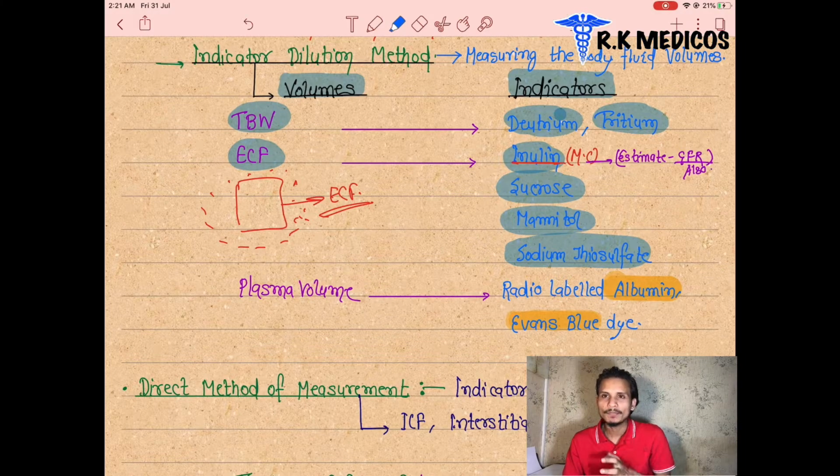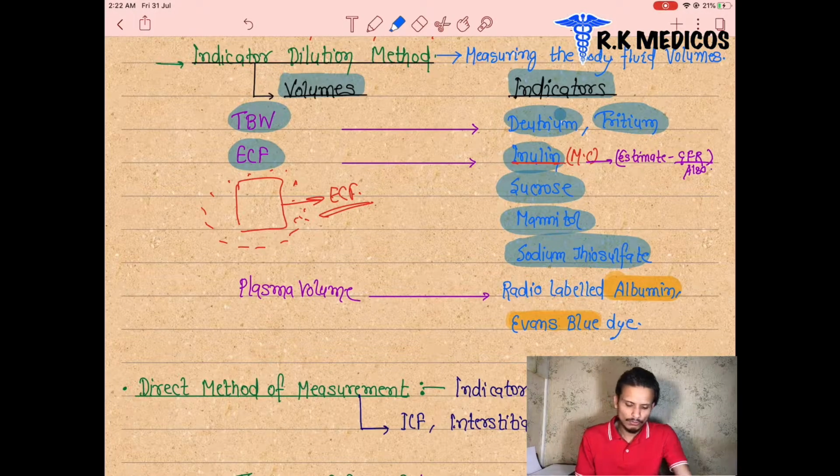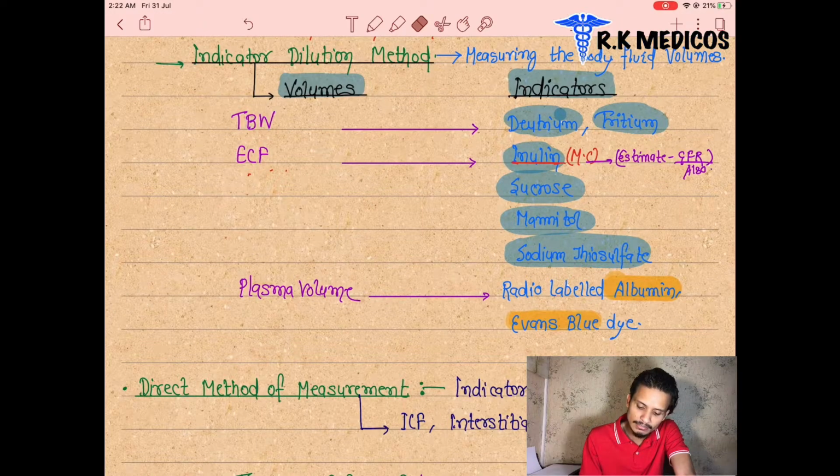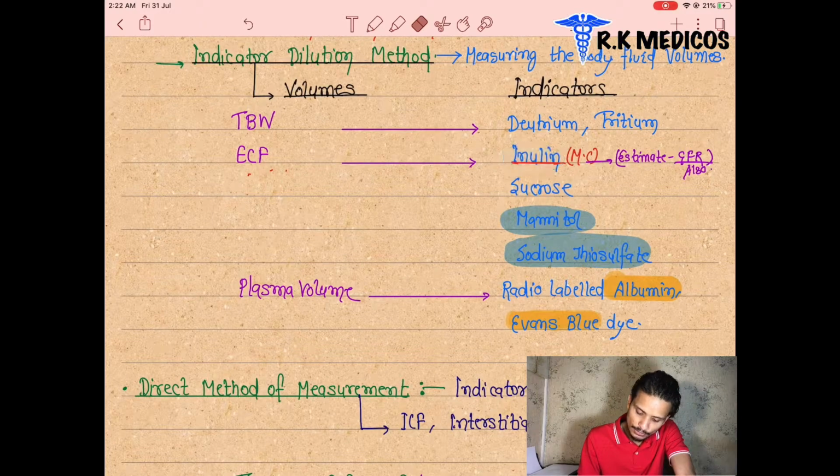Inulin is also used to measure GFR, the glomerular filtration rate. We are going to discuss this in renal physiology, so for now I am going to leave it. Don't worry about it. In GFR, we basically measure the amount of fluid that is filtered in the glomerular part of our nephron. We will discuss it in renal physiology, not now. Next volume is